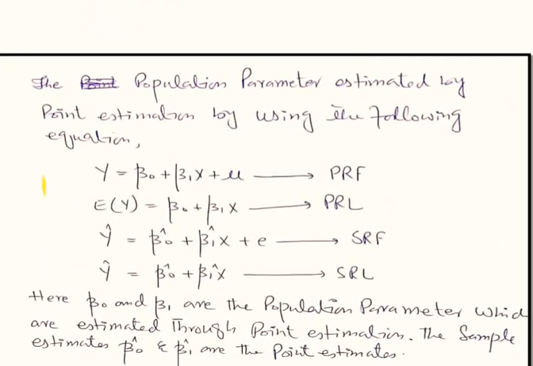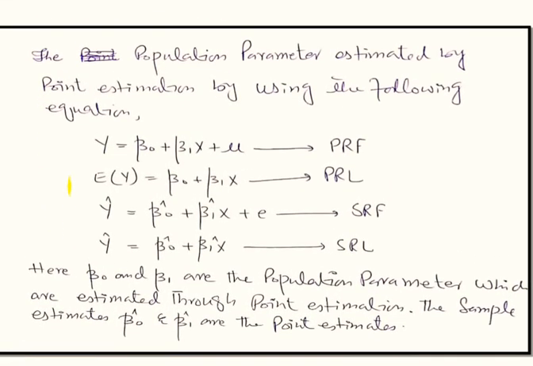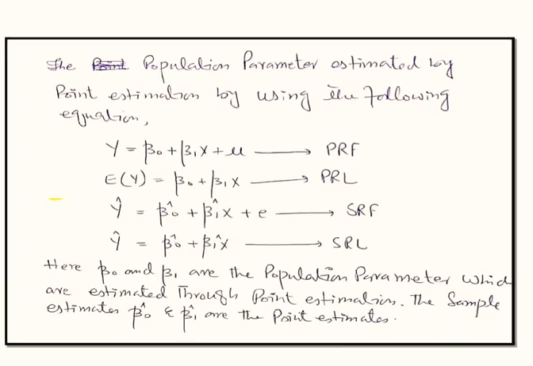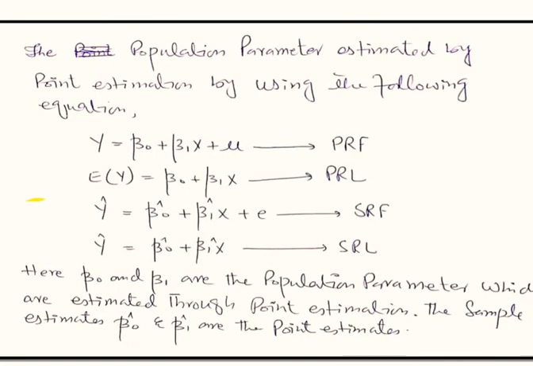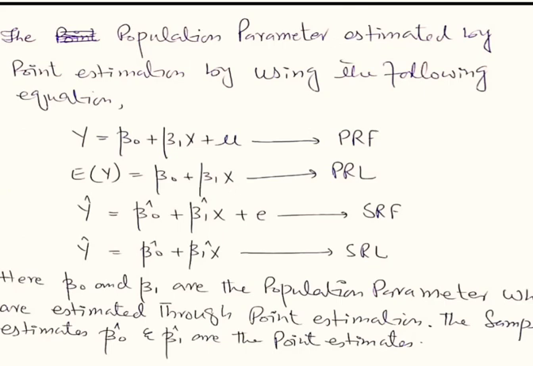Here we see how we estimate the model through point estimator. The population parameter is estimated by point estimation using the following equations. We previously used these equations. The population regression function is y is equal to beta naught plus beta 1 x plus mu, and the population regression line, that is the expectation of this population regression function, is y is equal to beta naught plus beta 1 x. This is the population regression line, and we cannot directly observe the population